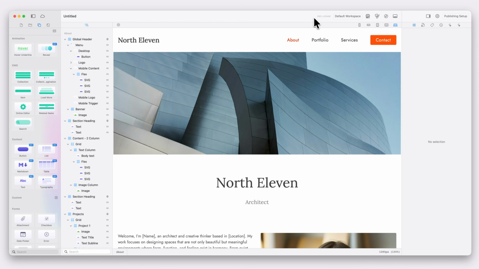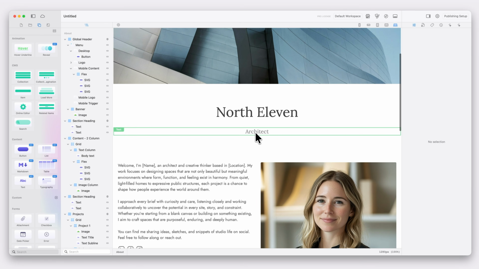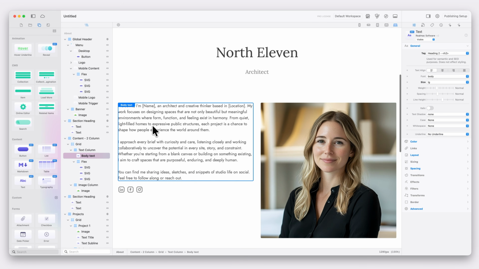In this video, we're going to look at the Markdown component for Elements. Now, the Markdown component allows you to write in native Markdown while seeing a live preview of it in your site. So I've got a demo project here, and we're going to replace this text with a Markdown component. So what I'm going to do, I'm going to take the Markdown component and I'm going to drop it into